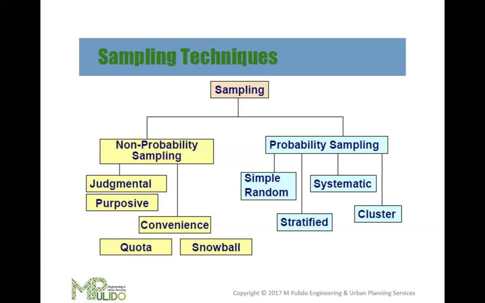Cluster sampling is when the population is divided into clusters, usually based on geographic areas or other natural groupings, and a random sample of clusters is chosen. So all individuals within the selected clusters are sampled. For example, selecting a few schools randomly and including all students within those schools in the sample.